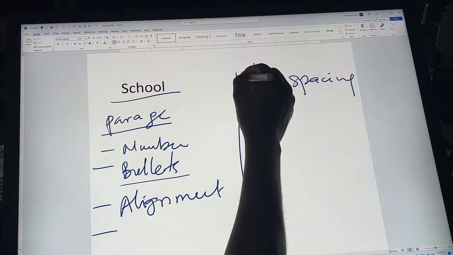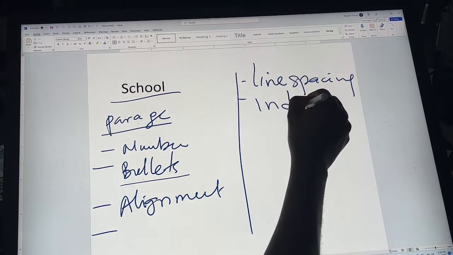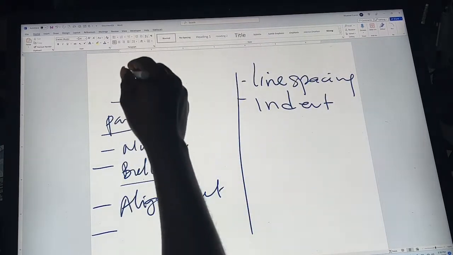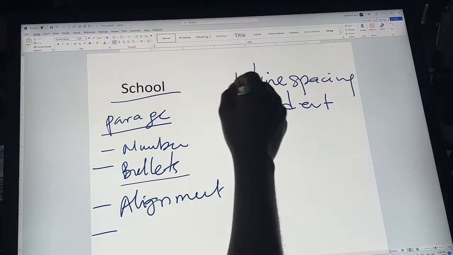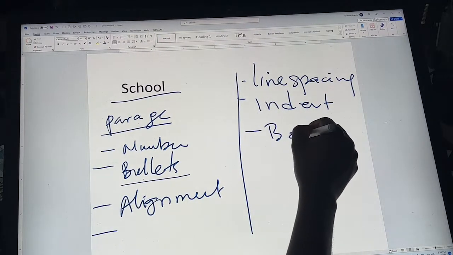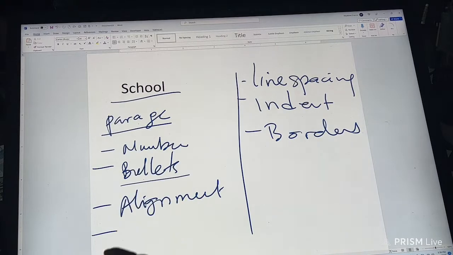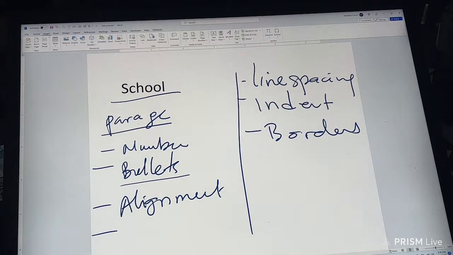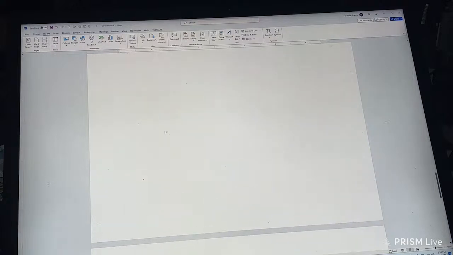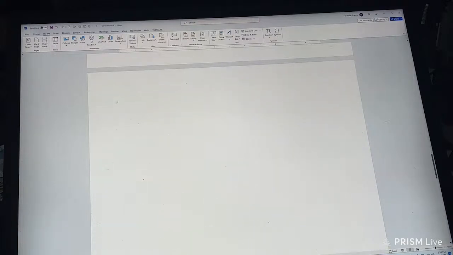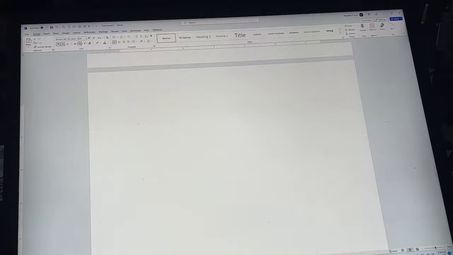And then we shall also go ahead and look at the indent. So all these are very important. And also the borders in Microsoft Word. So without wasting time, if I can insert a new page, you realize now on this page I am going to say maybe I'm going to put a list of students. I can go ahead and say list of students